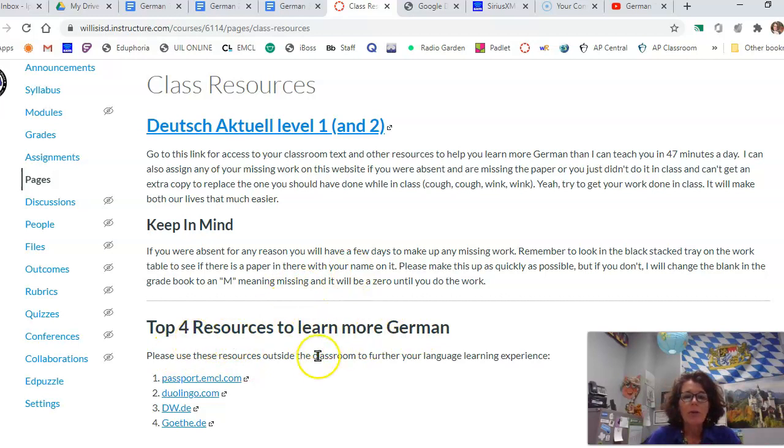Okay, some resources. There's actually 6 resources, and it looks like I didn't add the other ones on here. But your school, a textbook, your Duolingo, which you've been to before, dw.de, which is Deutsche Welle. That's the one where you could go to training and learn even more German from Germans.